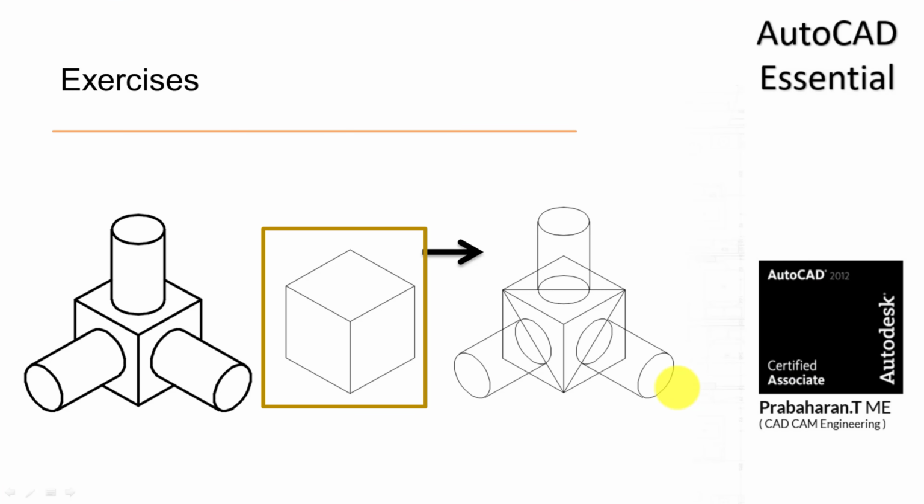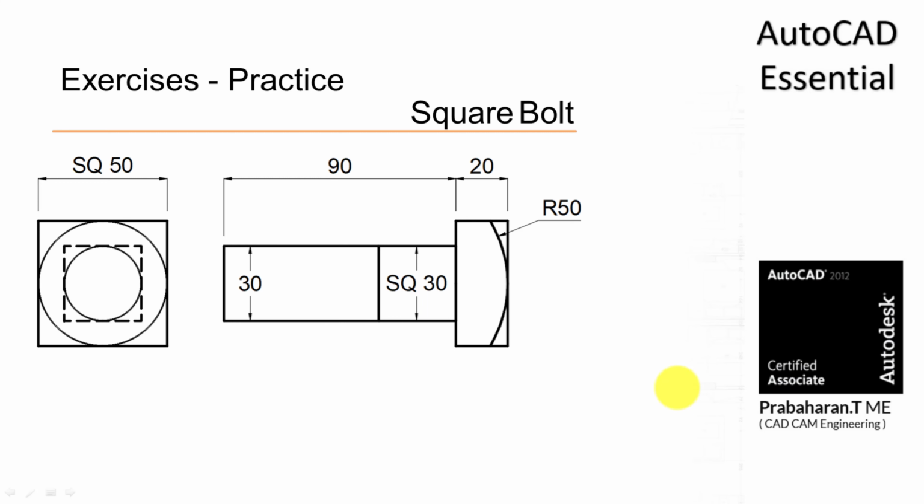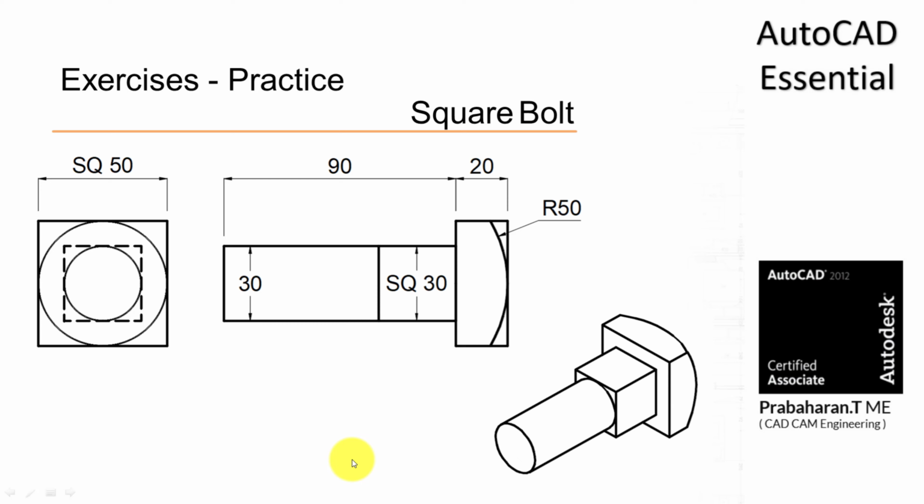By keeping this idea, I'm going to give you some exercises to practice. So this is a mechanical sample, a square bolt. You should have the imagination, the capability, the skill to draw an isometric by seeing the orthographic view. So this is the orthographic view, front view and side view. Keeping this, you are going to draw the isometric view of the square bolt. This isometric view of the square bolt will look like this. Similarly, this is an isocircle, okay, and lines. This is also an isocircle, radius is given. Okay, try this one. So this is an example of mechanical parts.